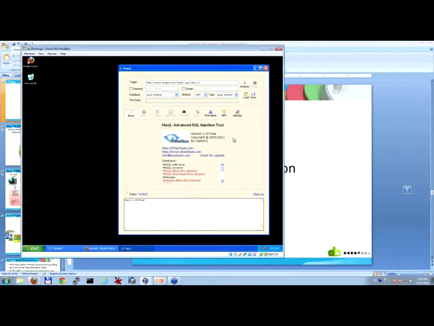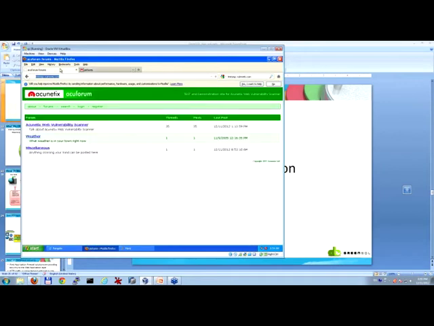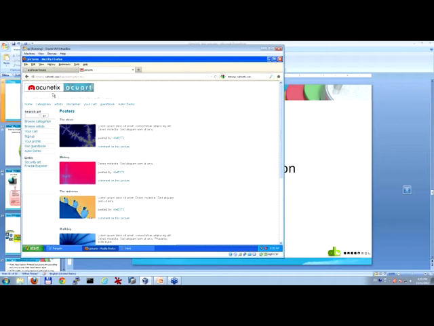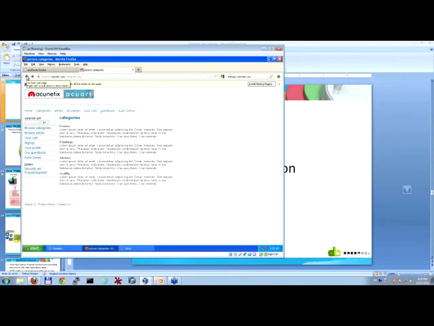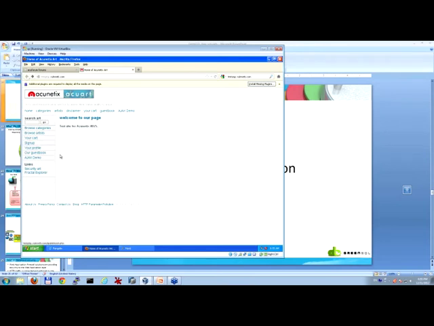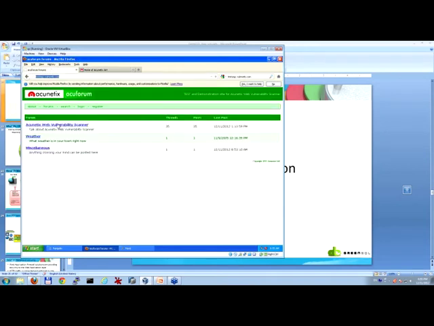Havij provides you the option to run everything automatically, which means you don't care or don't even know exactly which database flavor is running at the backend. You don't know exactly which keyword or which syntax to run, but this application will run everything automatically for you. If we take a look at a few different websites, and it doesn't matter again if it's an ASP website based on a Microsoft IIS environment, or a vulnerable website running on PHP architecture, the only thing that this application requires in order to run a successful SQL injection attack is a dynamic link.